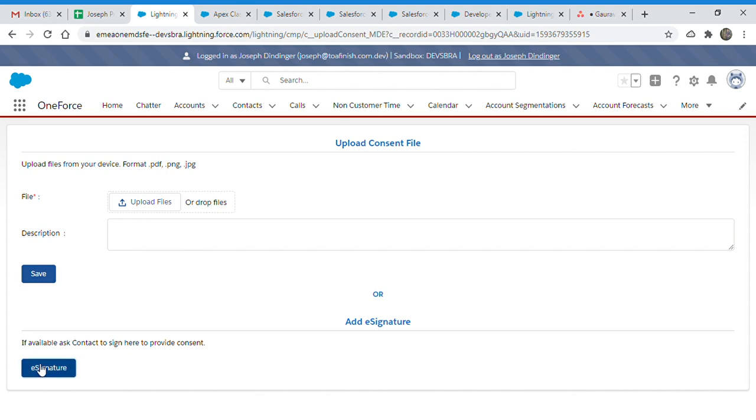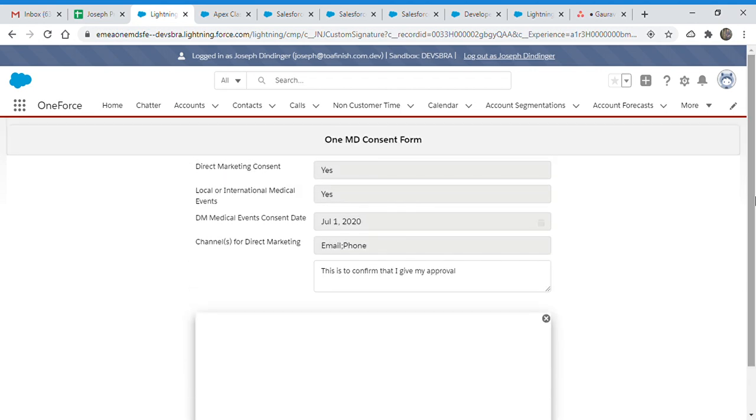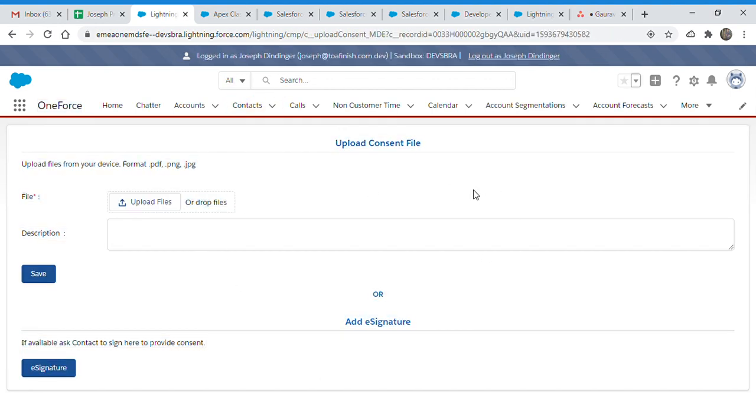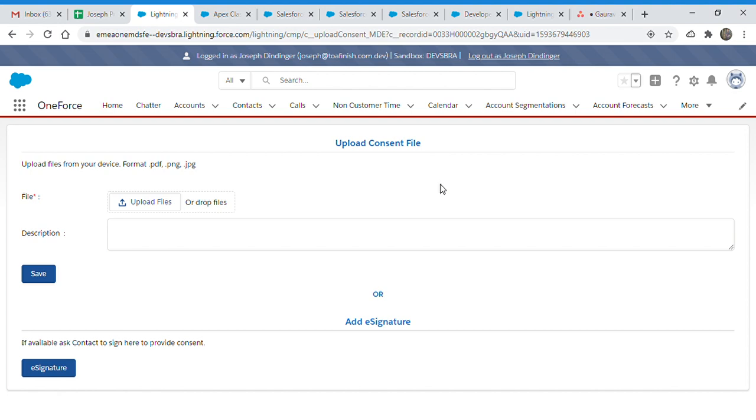Now if I try to go to the e-signature page, which is now loading using the new experience ID that you have created, and if I cancel it, it will go back to contact and redirect to this page again. So the user will not see the page until he completes these steps. One more thing: if the user goes to the URL and uses the back button of the browser, it will again redirect to this page. I have handled this as well, so he cannot try to bypass it. That's how it's working right now.